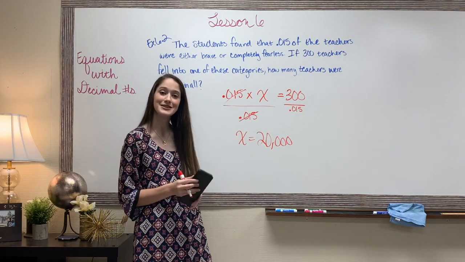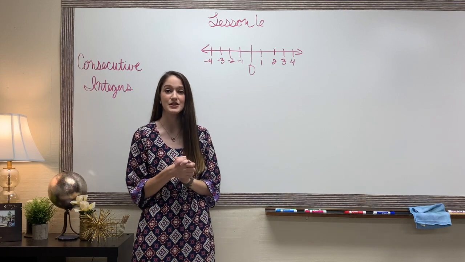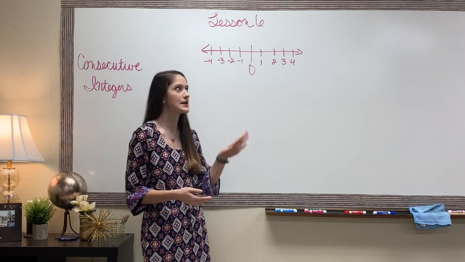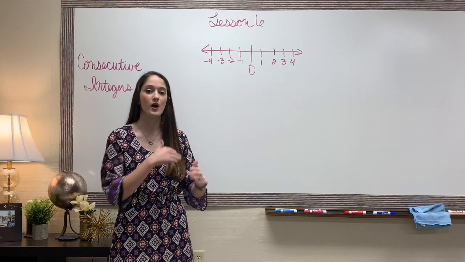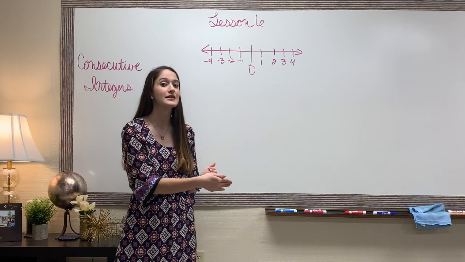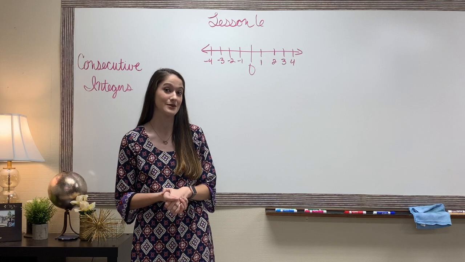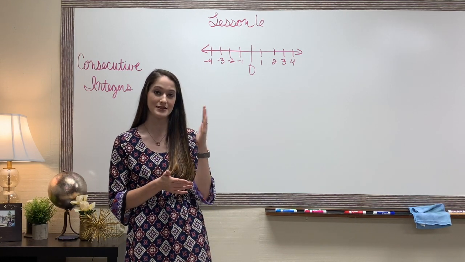So 20,000 teachers. Our second concept in this lesson is dealing with consecutive integers, and I find the way to best grasp this is to think about a number line. So when we're talking about consecutive, that means one right after the other, immediately after the other. So if a certain team were to win back-to-back state championships, that would mean they won 2 years in a row, consecutive state